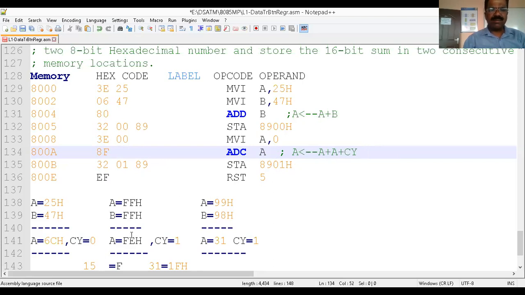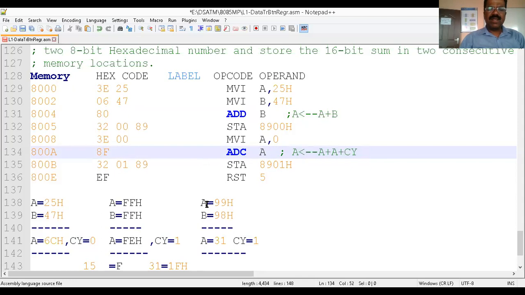Therefore, what is your final sum? We can read 01FE. That is FF plus FF equal to 01FE. That is a 16-bit sum. This is the maximum possible 8-bit number we can input. So that's the meaning of this. With the help of this instruction, we can extract the carry which is available in the carry flag. Carry is only 1 bit, but if you want to store it in memory or in a register, we have to convert that 1 bit to 8 bit. So this is the way of extracting the carry, preserving the carry, restoring the carry. Therefore, I'm going to store that carry in 8901.